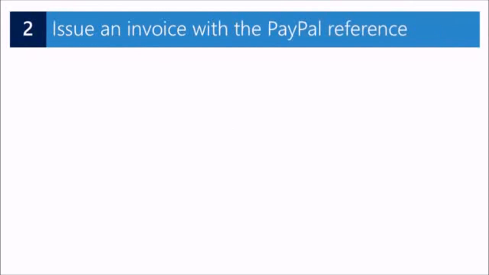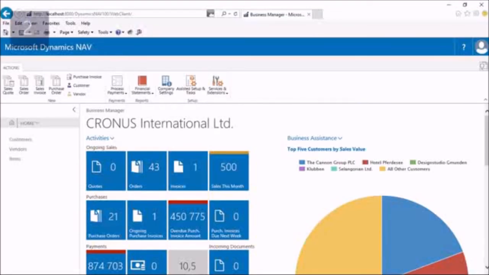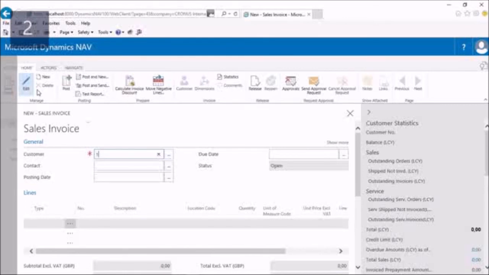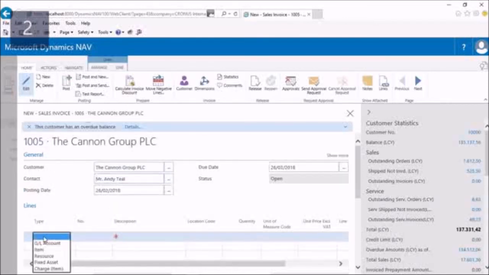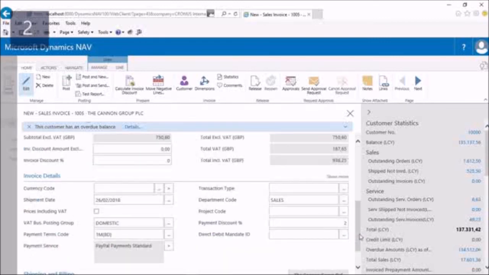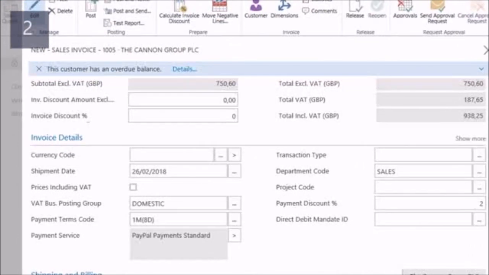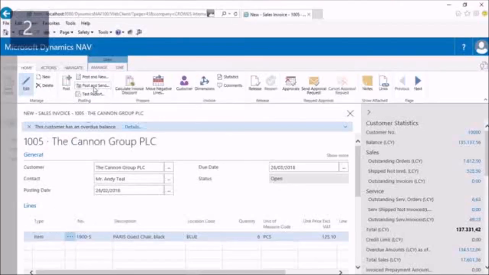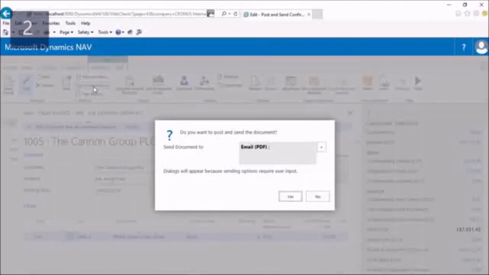With the PayPal payment service setup, I can now include an embedded reference to PayPal on my invoices. To demonstrate this, I will create a new sales invoice. I will sell to customer 10,000, and on the line I will specify item 6 pieces. On the Invoicing Files tab, you can see the PayPal payment standard appearing. If I now post and send the invoice, the payment link will be available on different